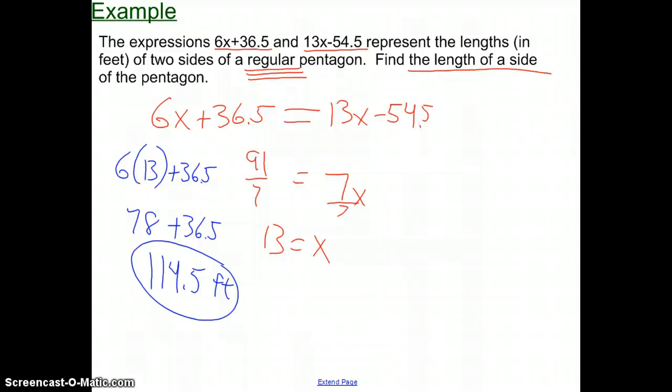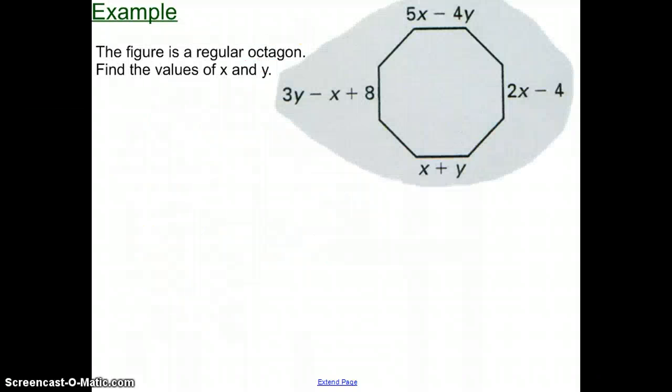But that problem's done. All right, this last example says the figure is a regular octagon. Again, key phrasing: regular. All the sides are the same. All the angles are the same. Question is, what are the values of x and y? So, looking at the given information,